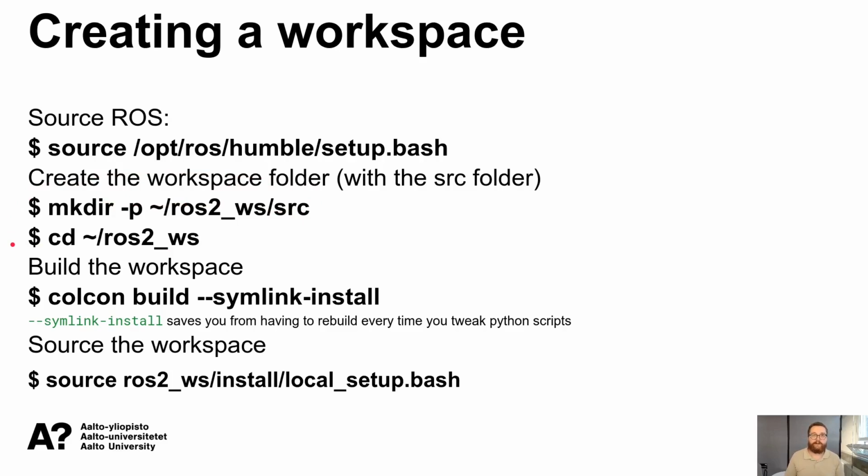If you are not familiar with these, then on this course you will hopefully learn the basics of these commands. We are making the ros2_workspace directory, and we are making the source directory under the ros2_workspace at the same time. Then we are changing our folder to the ros2_workspace directory,